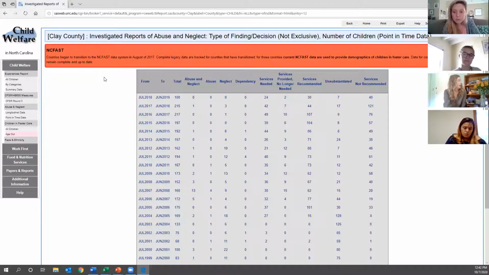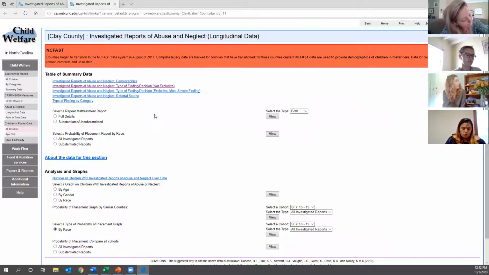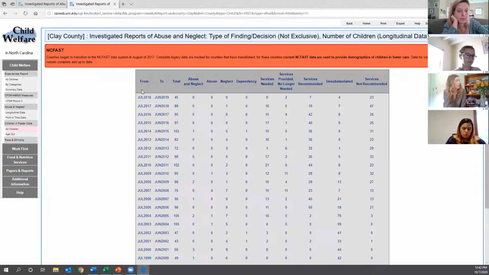Okay, so I'm going to go ahead and open the longitudinal data in a new tab. And again, we're still on Clay County because I haven't changed the filter. So I'm going to go to that same table. And if we look at our total here, it's 45.